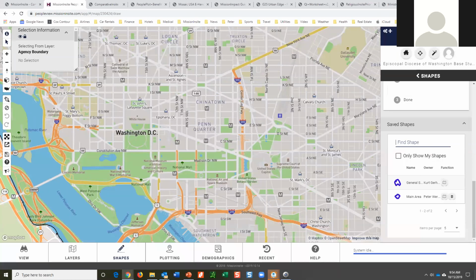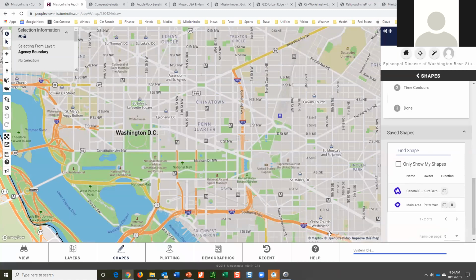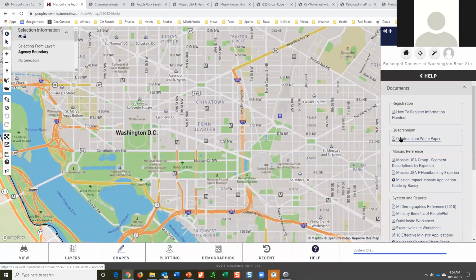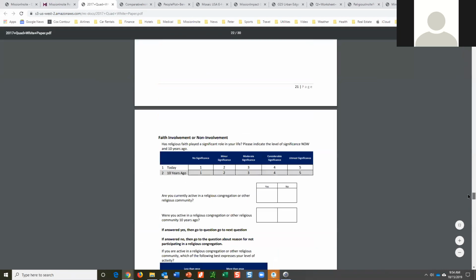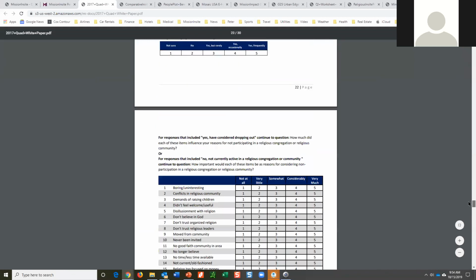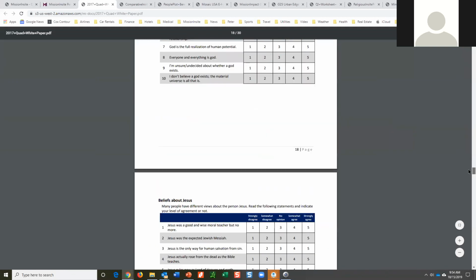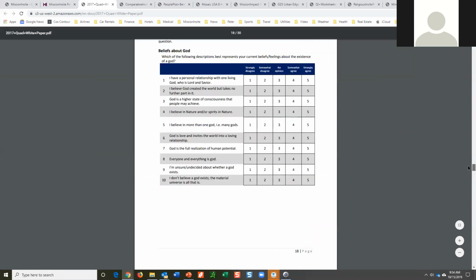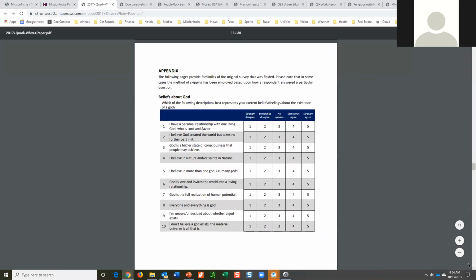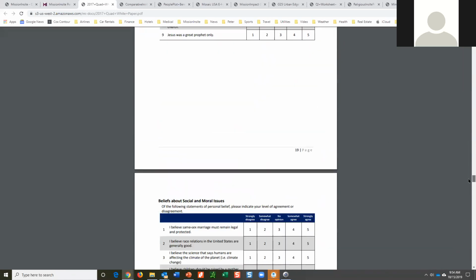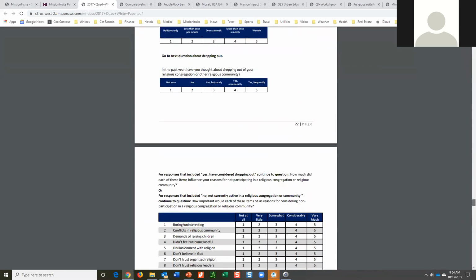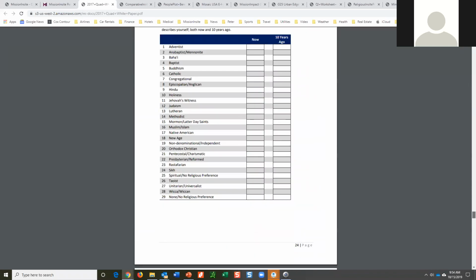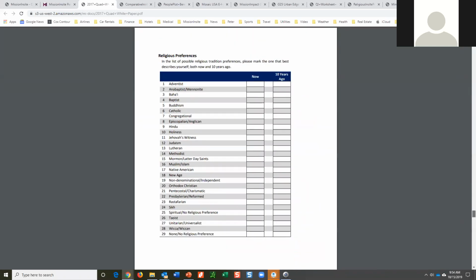The actual survey is here in the white paper. So this is the survey itself. So here's beliefs. We asked two things: beliefs about God, beliefs about Jesus, and then we had moral and social issues, and we also had people's religious preferences.